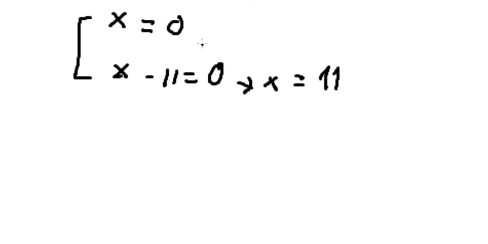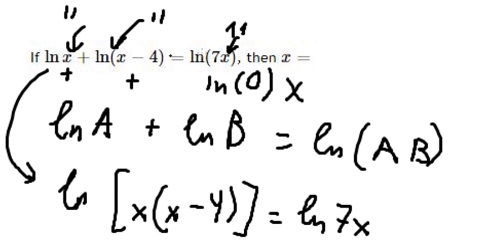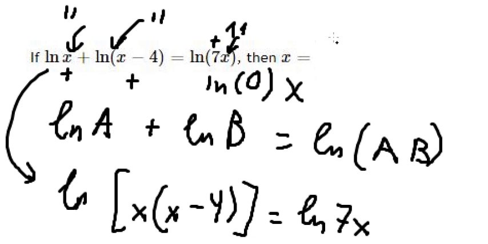So we need to reject s equal to 0, and we need to accept s equal to 11, because if we put 11 here and here, we see that this one you get a positive number, and this one you get a positive number. So we need to accept s equal to 11, and the final answer should be